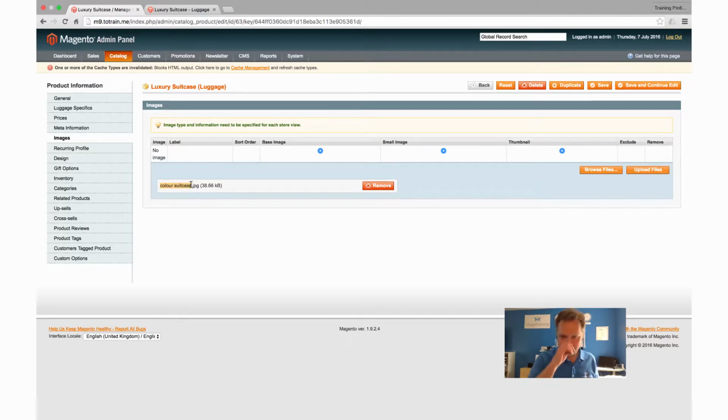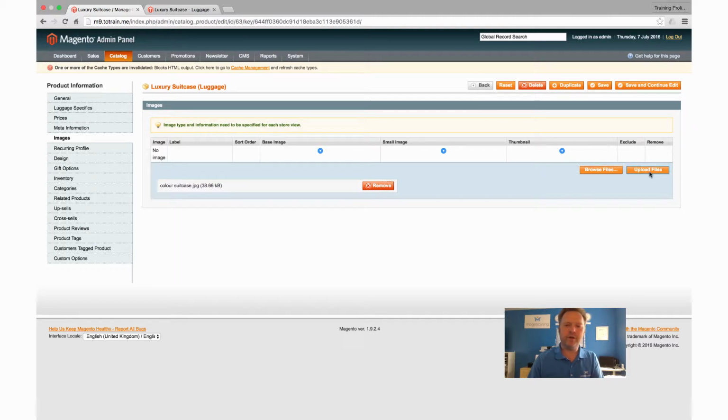Another useful search engine optimization tip, by the way, is having image names that contain keywords or the name of your product, rather than just image 24 or something that doesn't relate to the product, because it does have a small bearing on the importance of those keywords. So if you're into search engine optimization, have a think about the image names that you're uploading as well. It hasn't actually uploaded this image yet. I can remove it if I didn't think that was the right image, but if I am happy with it,